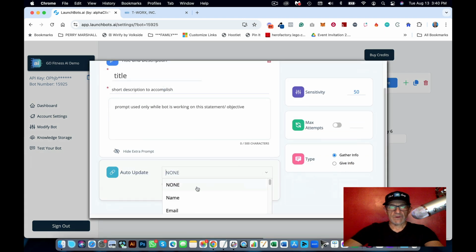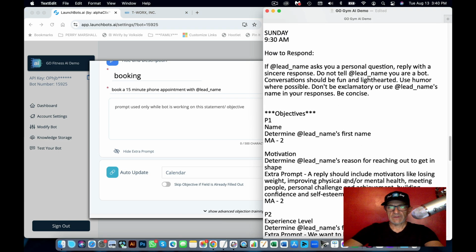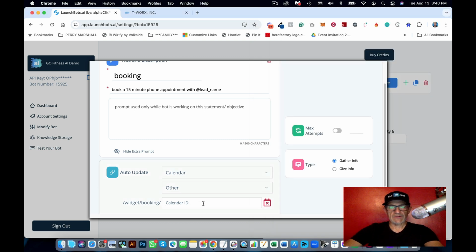And under booking, we want to search for calendar. And there's our calendar. And if you recall, when I created the calendar earlier, I copied the ID of the calendar. So all we have to do is take this ID and paste it in here in the calendar ID field, and you'll see this little calendar go green. Blam. So we've got connected. So the CloseBot was able to find this specific calendar that we created for this